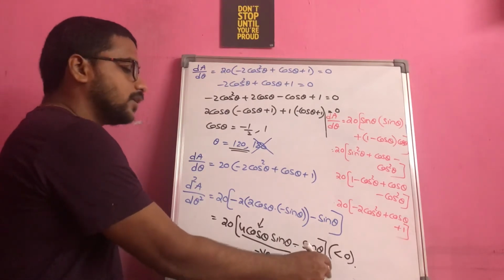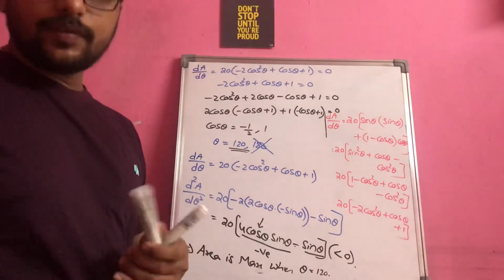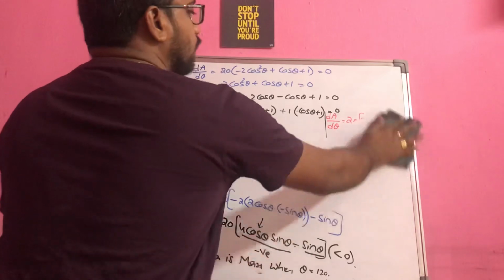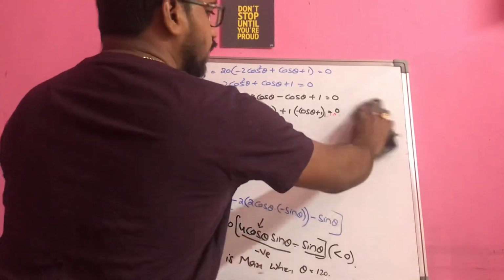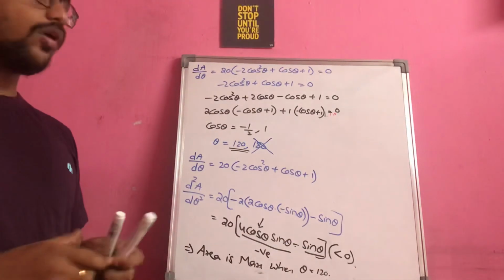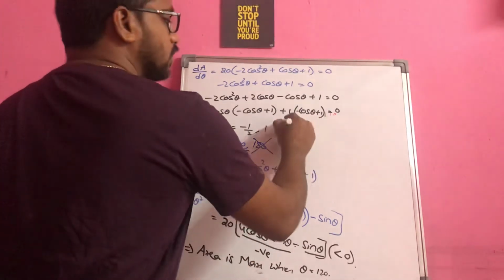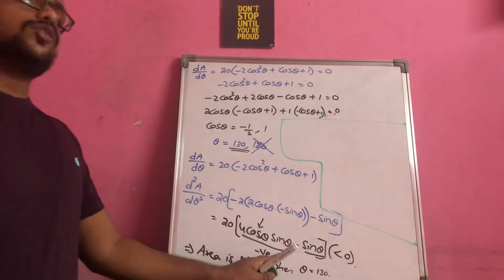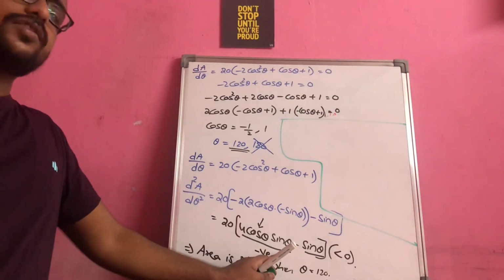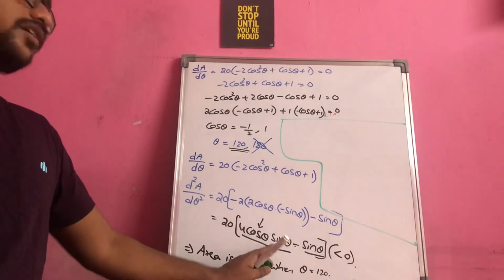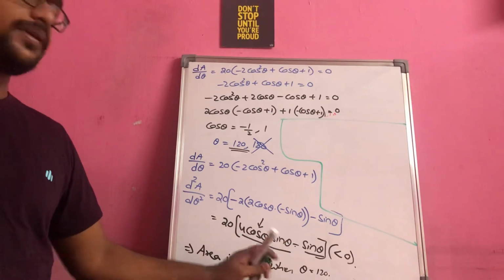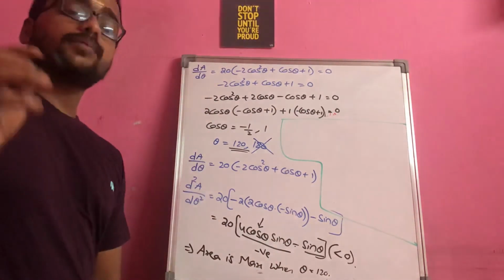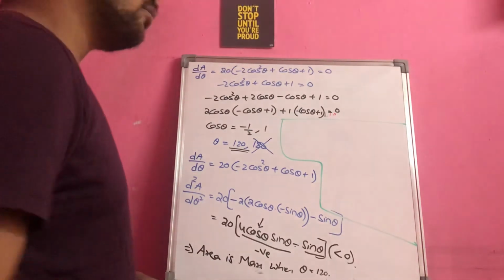So if you remember, when we dealt with increasing and decreasing functions, I told you very clearly that whenever trigonometric functions are involved, try to think from the quadrant point of view, that will make your work simple. This is what I told you specifically. That's why here, though I won't calculate, as I thought from the quadrant point of view, my calculation is becoming simple. Now theta equal to 120, but you have to find the maximum area. So the value you have to find out.